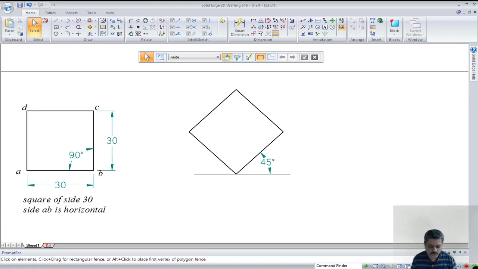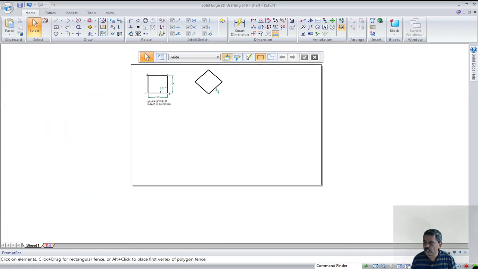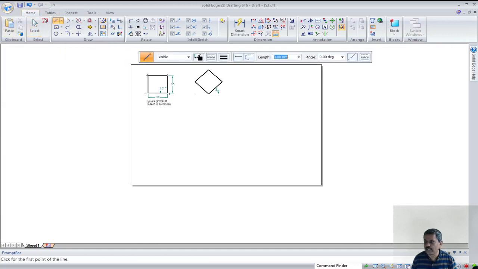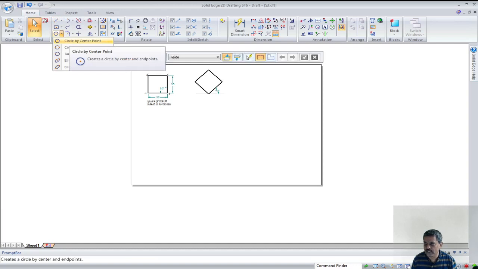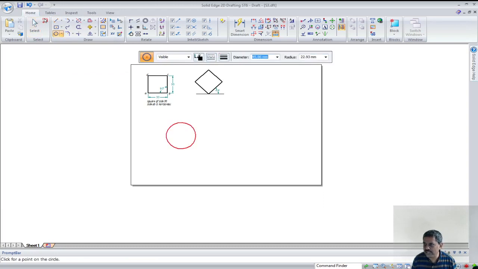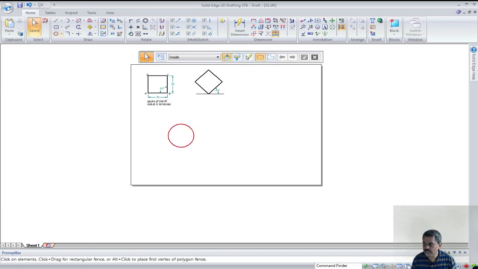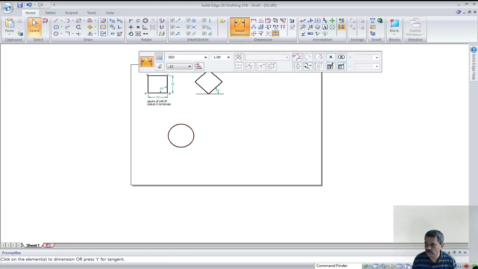Okay. So this is how we can start drawing. So I will quickly show you how to create a pentagon, and how to create a circle is the easiest one. Of course there are other methods. I will teach you all those things in the lab session. And circle by center point method, you can pick up anything and then enter simply diameter, say 40, and press escape. Of course it will continue to allow you to create several circles. And let me pick up ANSI mm and show the dia as 40.